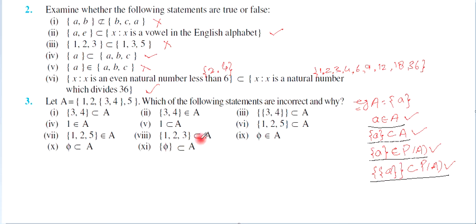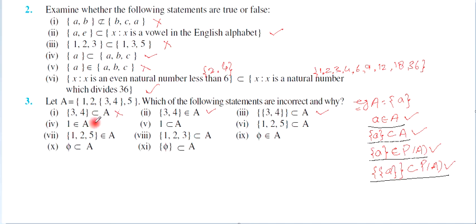So see it carefully. Now I am taking this example. {3, 4} is a subset of A. {3, 4} in the braces is an element, because whatever is given in the set, whether it is in this form or in another form, it is an element of set A, so it is not a subset. So this statement is incorrect, right? 3, 4 belongs to A. Yes, {3, 4} is an element of A, this statement is true. {{3, 4}} in the braces, now you can see {3, 4} is the element, it is in the braces, a subset of A, yes it is true.